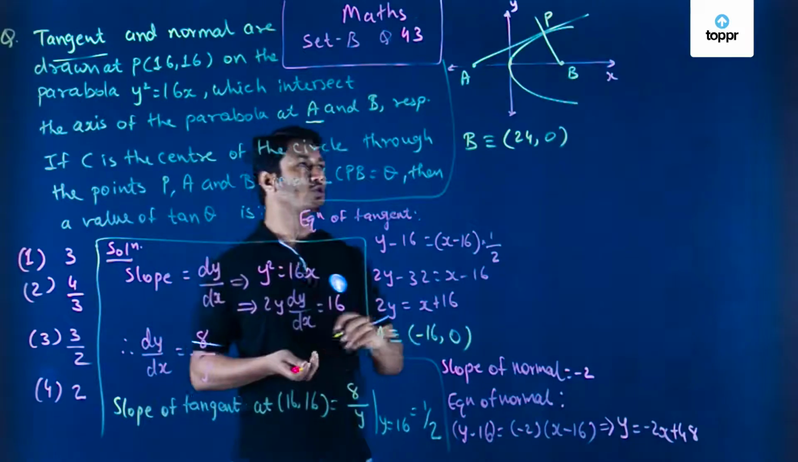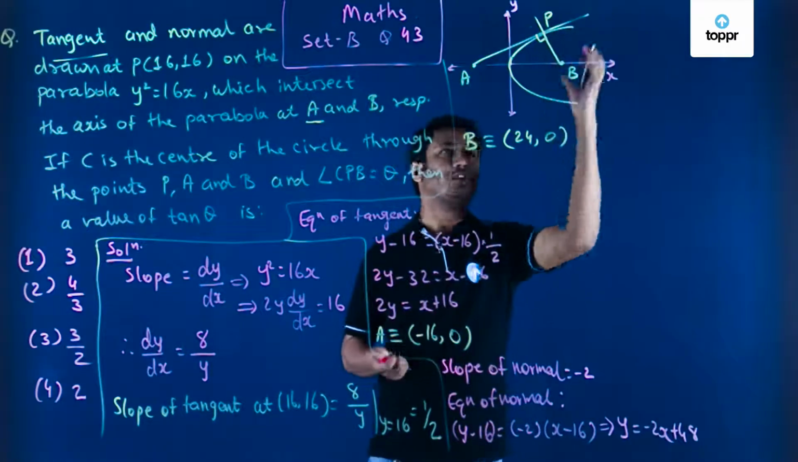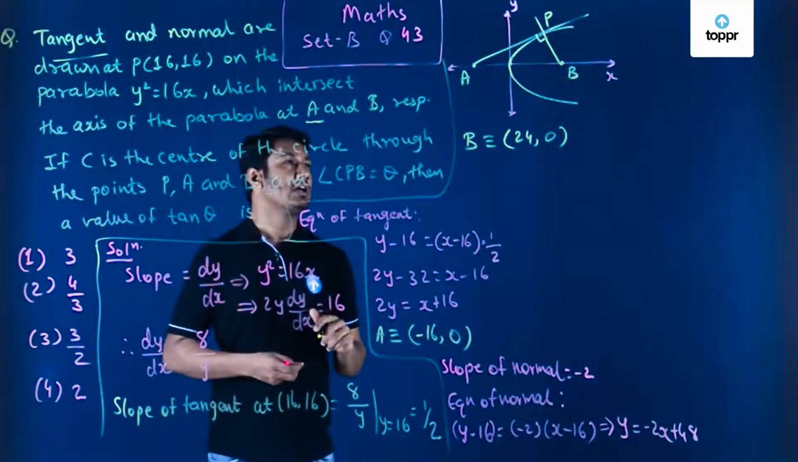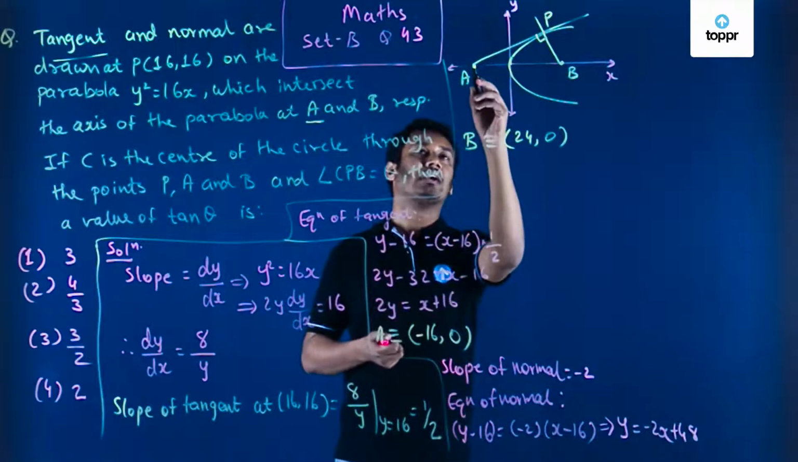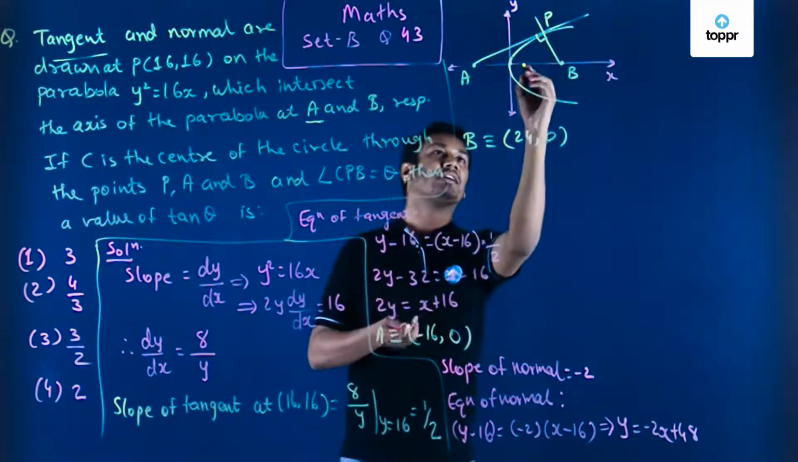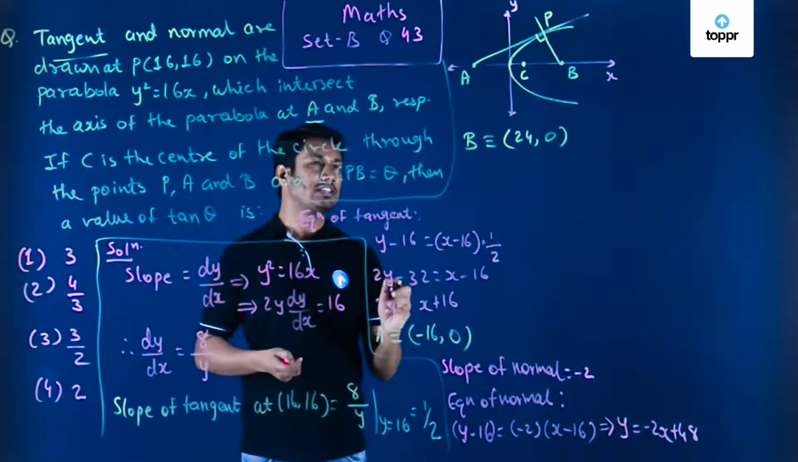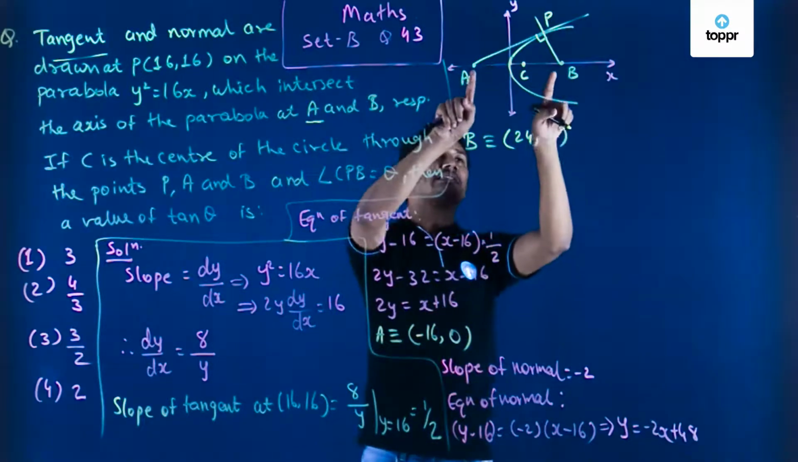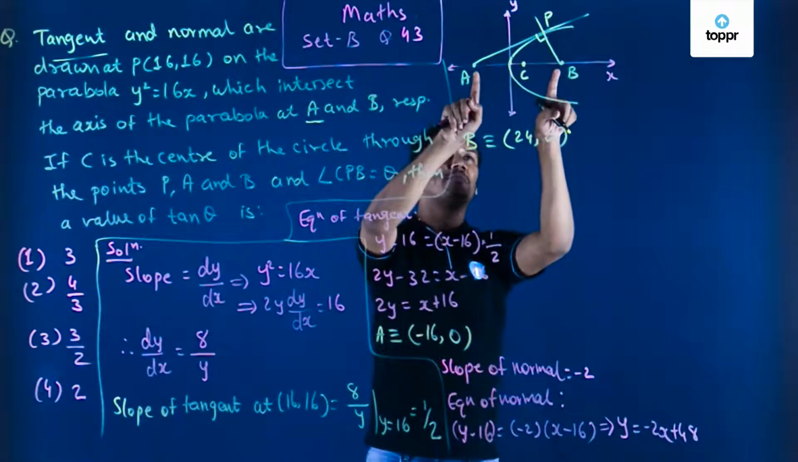So now what do we conclude, students? This is 90 degrees because both will be perpendicular, tangent and normal. And let's say there is a circle passing through A, P, B, passing through all these 3 points, and let's say somewhere here is the center of the circle, let me call it C. Now you can see that if the circle is passing through points A and B, and P also lies on the circle, then it simply means that